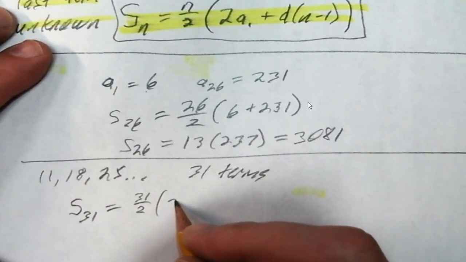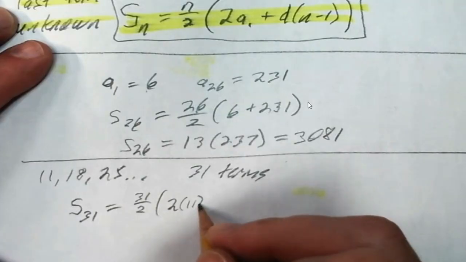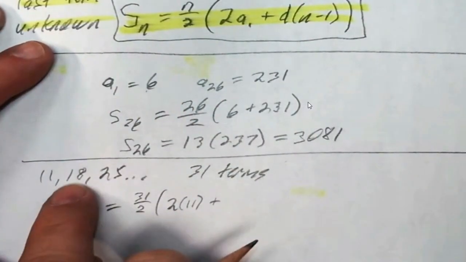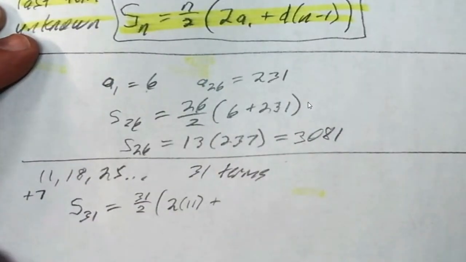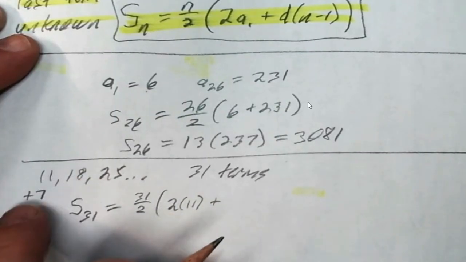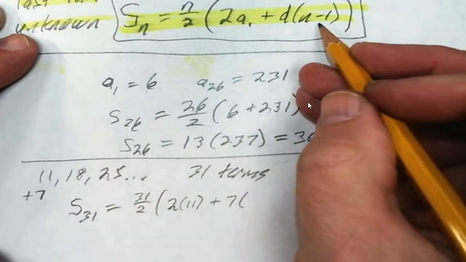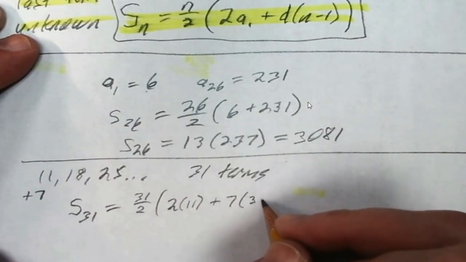Times 2 times the first term, which is 11, plus what's our common difference? 11, 18, 25, so it's obviously plus 7. We can subtract. 18 minus 11 is 7. 25 minus 18 is 7. So every time it's adding 7, times n minus 1. Well, again, the n was 31. So if I subtract 1,